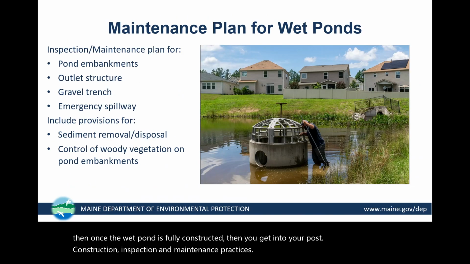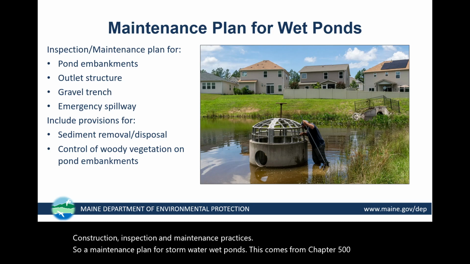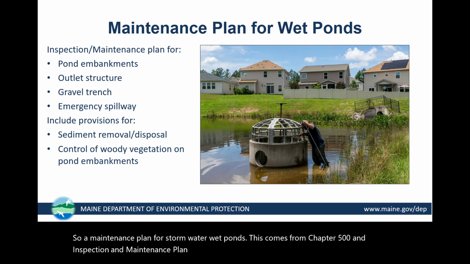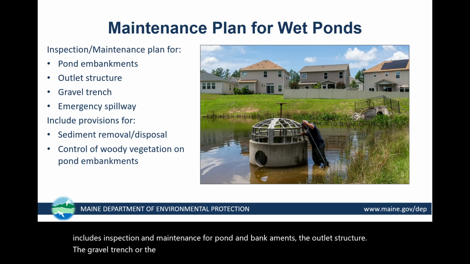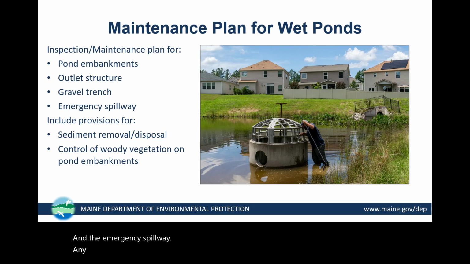So a maintenance plan for stormwater wet ponds. This comes from Chapter 500. An inspection and maintenance plan should be provided for stormwater wet ponds that includes inspection and maintenance for pond embankments, the outlet structure, the gravel trench or the gravel underdrain system, if that's applicable, and the emergency spillway. Any maintenance plan also needs to include provisions for sediment removal and disposal and control of woody vegetation on pond